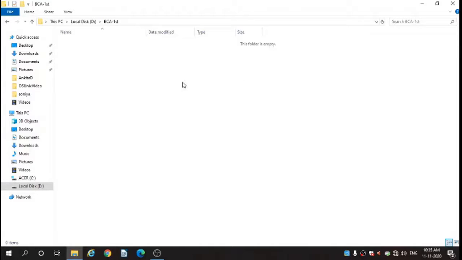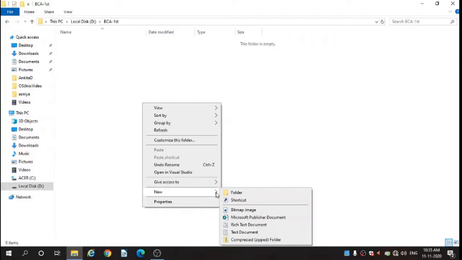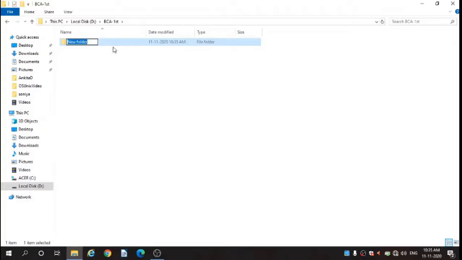Now we are going to create some more folders here, because inside BCA1 we are creating two more folders. So New, the same procedure, then Folder, and for this folder we are giving the name Subject.